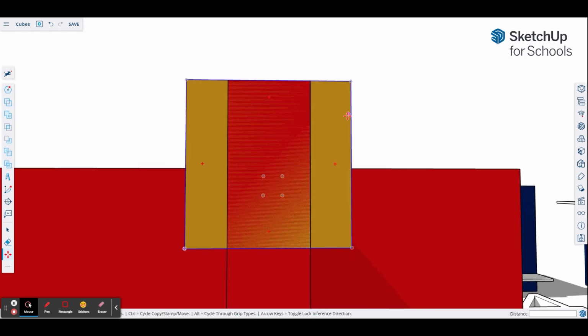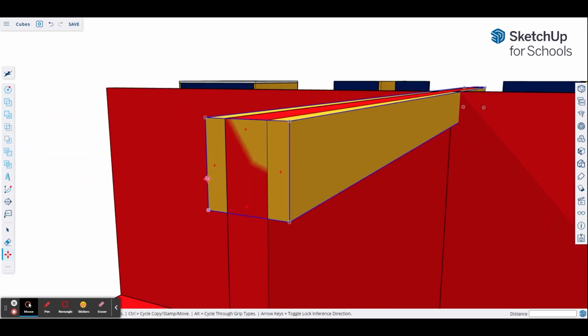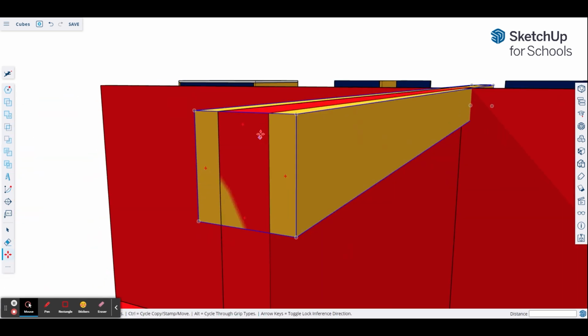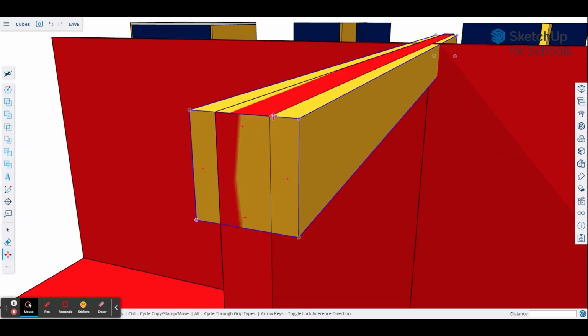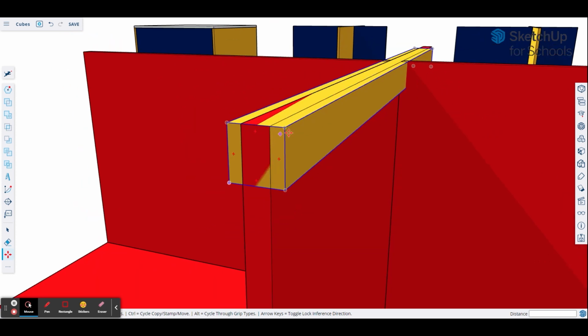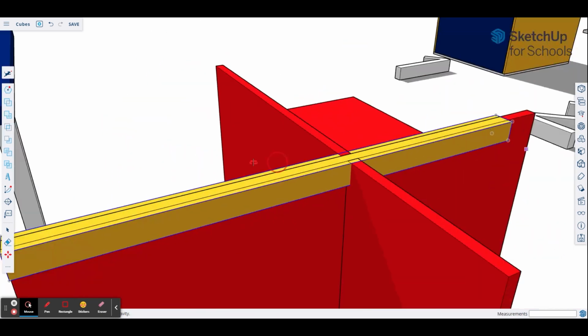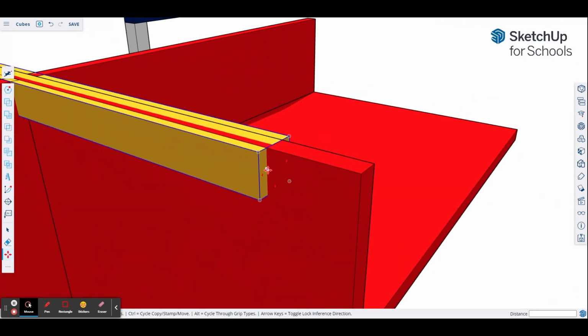Right, so I'm going to have a little bit sticking out over here and a little bit sticking out over there. That's fine. I do want to make sure that I am aligning the top edge, however, with the top edge of the board because it's my maximum height. Okay, so if I come to the other side, you'll see that it's too long. So there's 2 ways